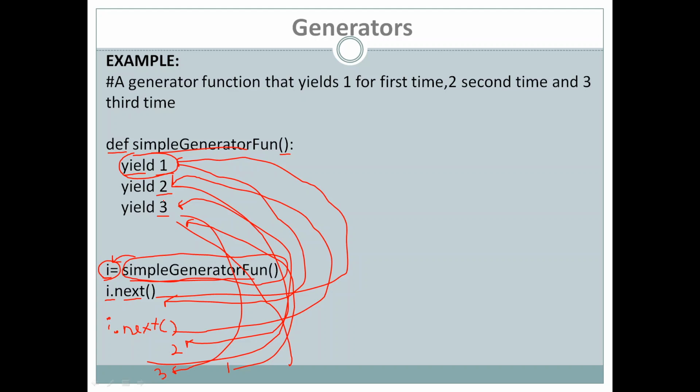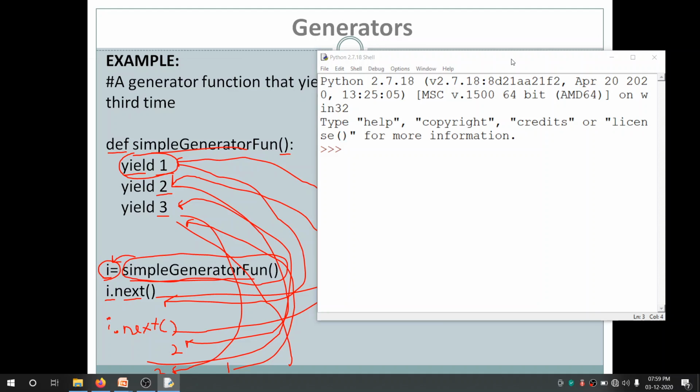Okay, let me execute and show you how it works. Let me define a function directly in the shell itself. I'll not create a separate file. So let me define the generator function here. def, I'll use a different name here, generator_demo, and colon, as this is a function definition. Then we will include some yield statements